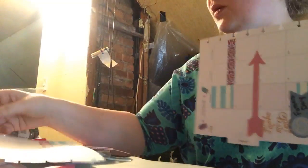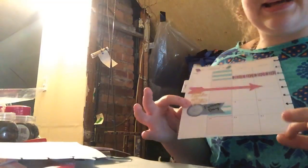They just work really well together. So, alright, I added that new washi that I got from Dollar Tree. I actually put up here. I think that looks pretty good. I'm debating about adding one more sticker because I feel like it's not balanced down here, so I want to add something down there, but I'm not quite sure yet. So I think I'm going to use that Love washi and add